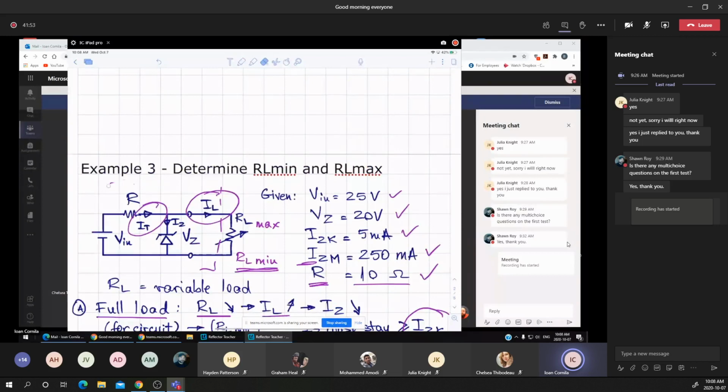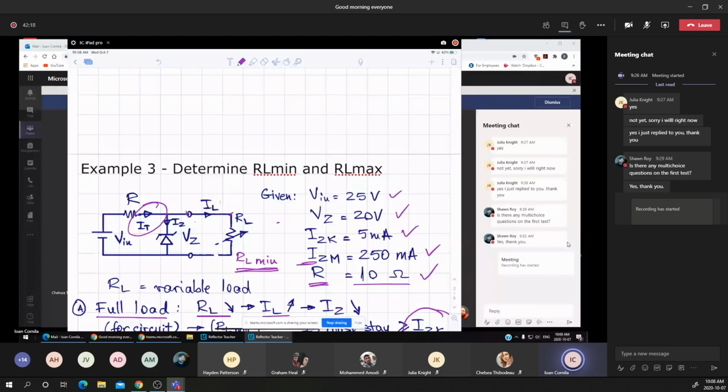Now, going back to this circuit, and I want to emphasize, that's why I'll try to clean it up a little bit, because there is one more. Okay, I mentioned that the IT stays constant. That's the power supply to the